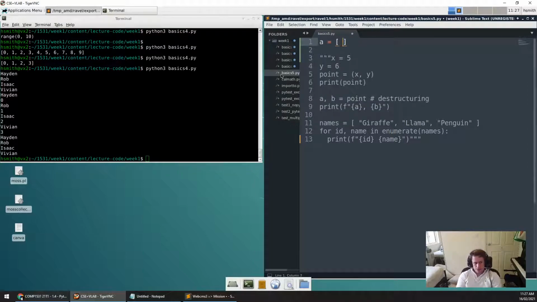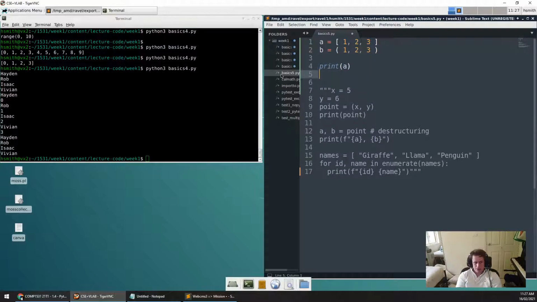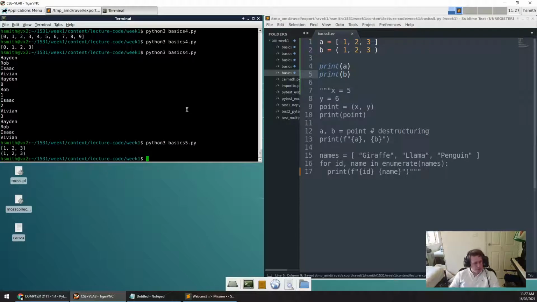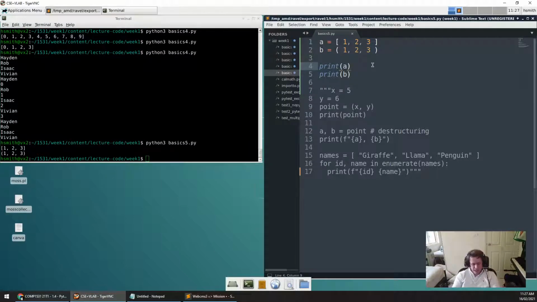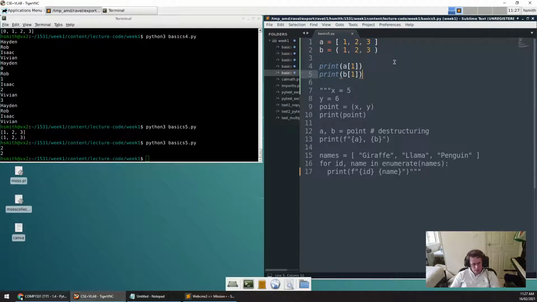So if I say A equals 1, 2, 3, I could make a tuple that is 1, 2, 3. I could print A and I could print B. And what this would look like for us is this. It would print out a list and it would print out a tuple. I can access those in similar ways. I can get the first index 1 of it. I can